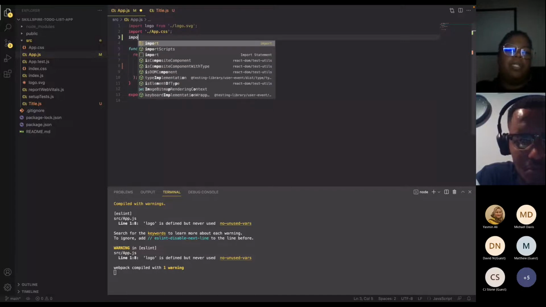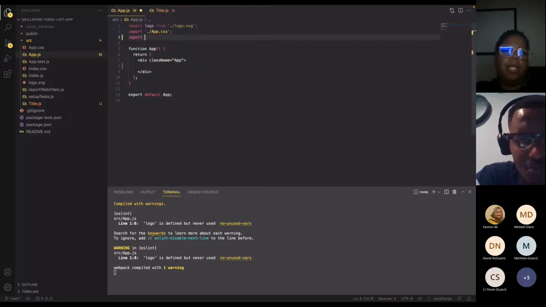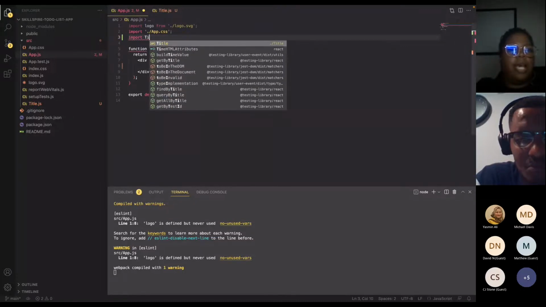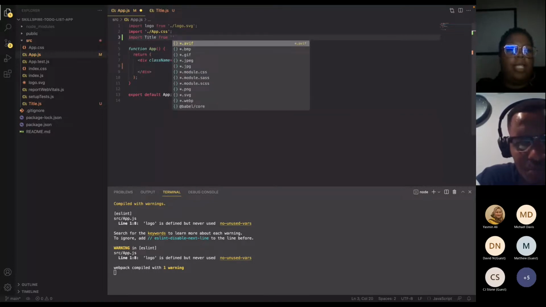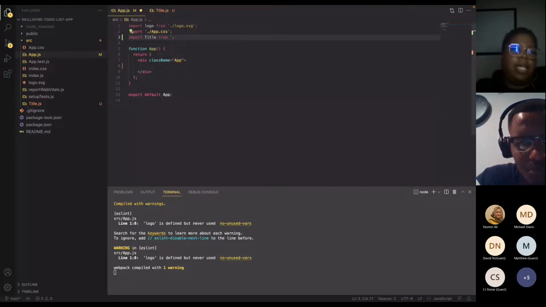So I want to import. I'm at the top of my file on line 3 under my import app.css, and I'm just typing import title from, and then I need the path of my title. So where is this in the structure of all of my files? And I can just do